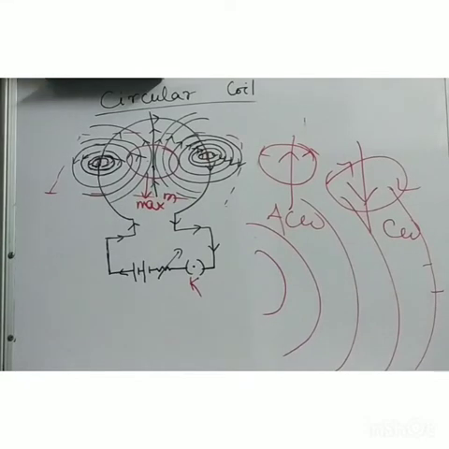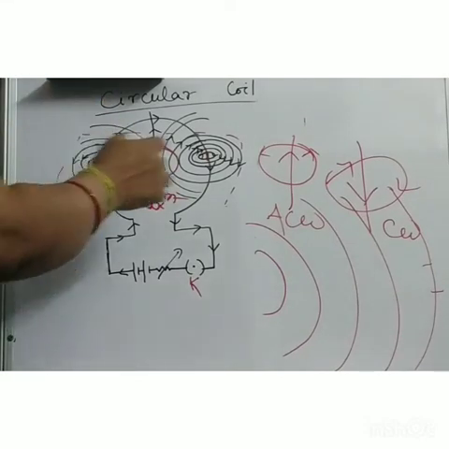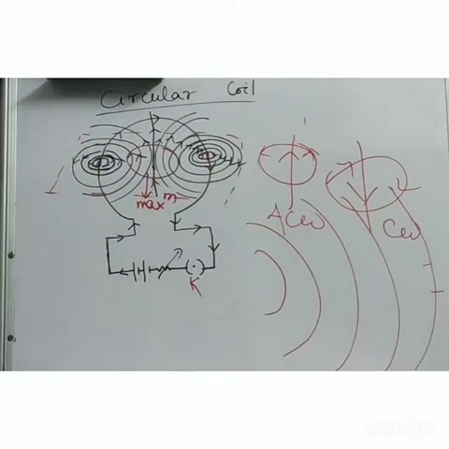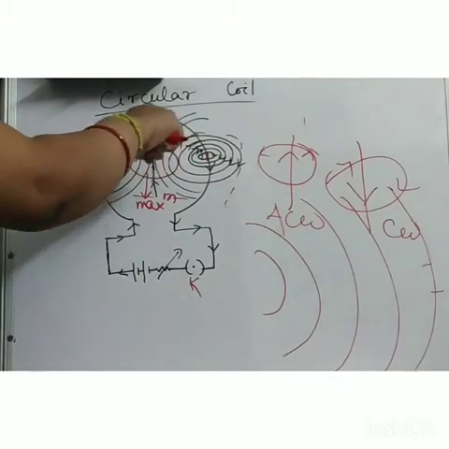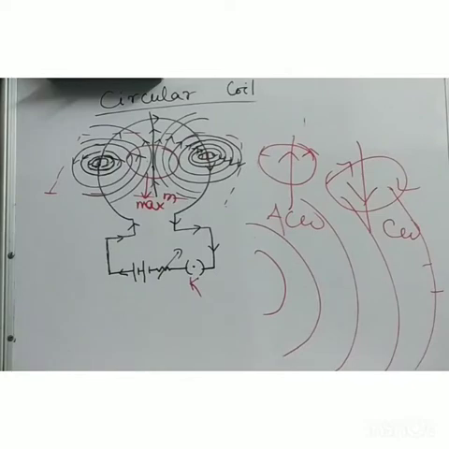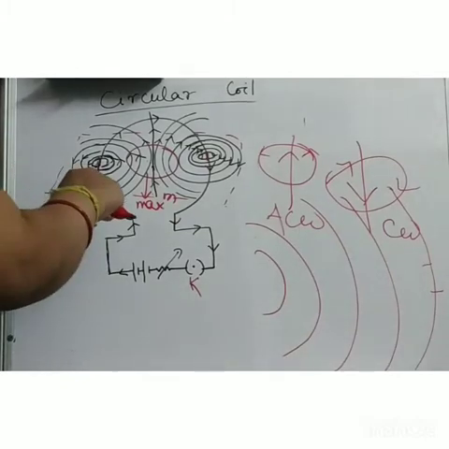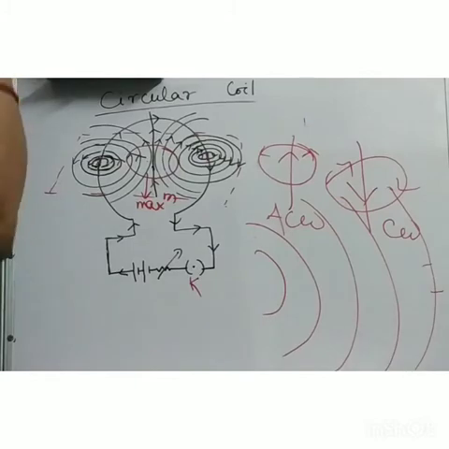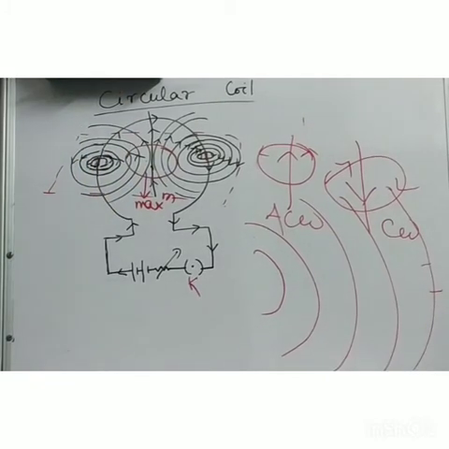What observations did we get? First, at the point of contact we get concentric circular field lines. Then in the center, the field lines are in the same direction. Next, at the center the magnetic field is uniform, nearly straight and parallel. And fourth, as we go towards the center of the coil, the magnetic field is maximum, with more crowded field lines.